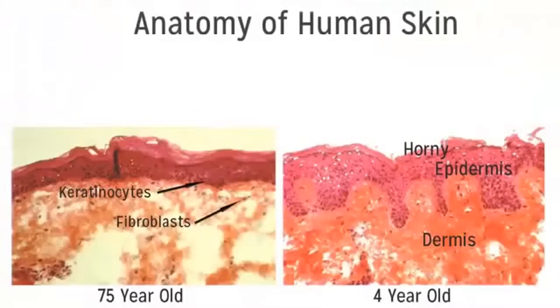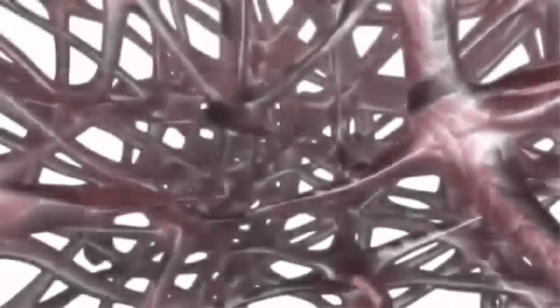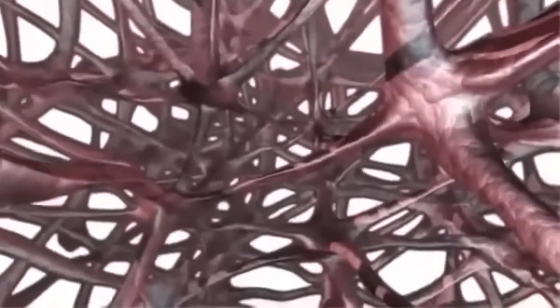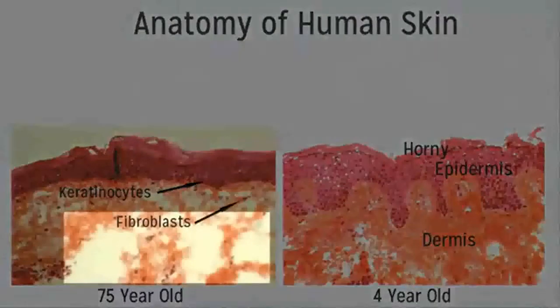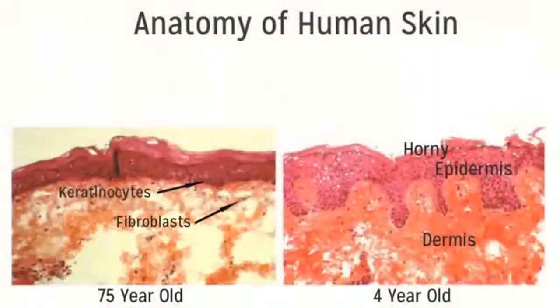This is thick, elastic collagen that grows rapidly. As we age, the signaling changes, and instead the fibroblasts are signaled to produce more of a collagen type 1, which is slower growing, less elastic, and more susceptible to the enzymes that break it down. That's why we end up with these pockets of no collagen at all. It's also a more brittle collagen, so for example, as the muscles in our face contract, they create wrinkles. These wrinkles actually crease or damage the collagen, and now that we're not creating a replacement so quickly, the wrinkles